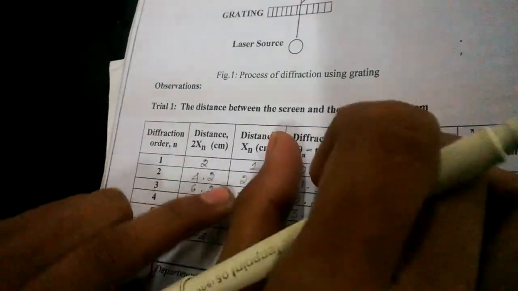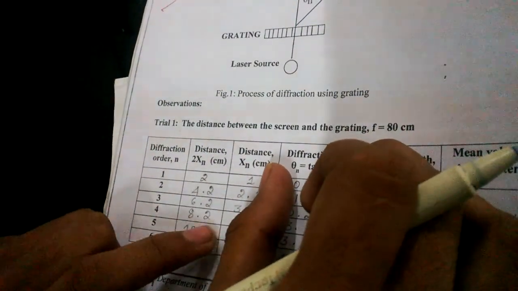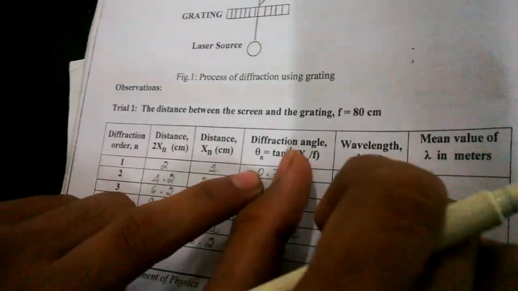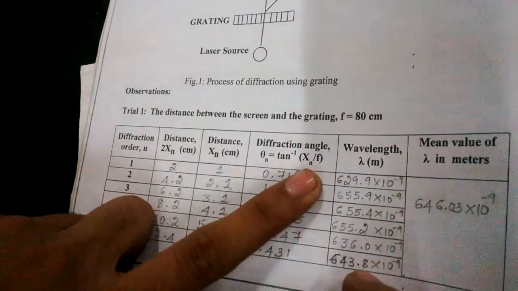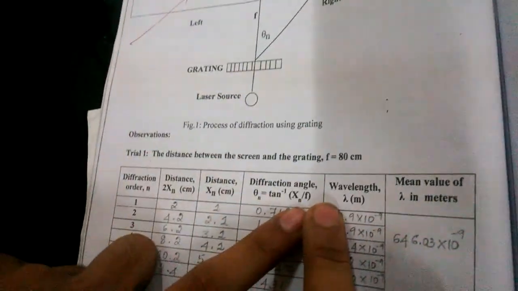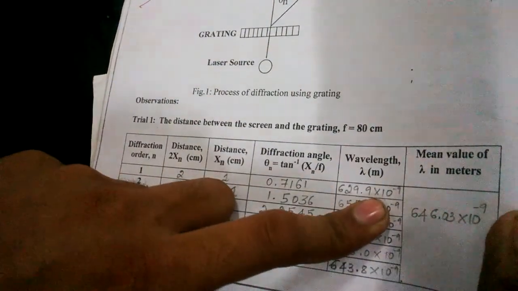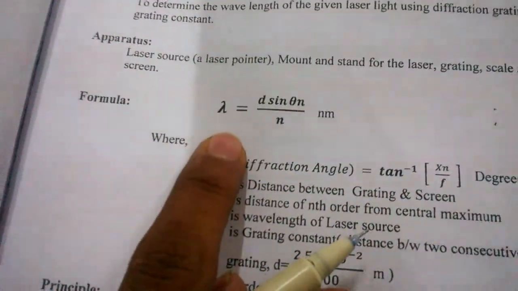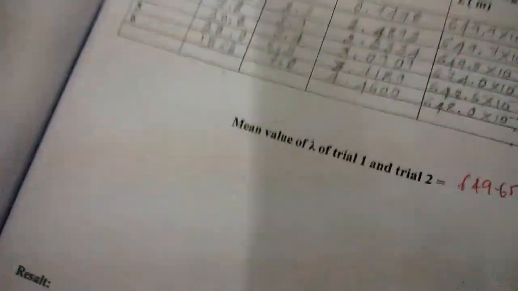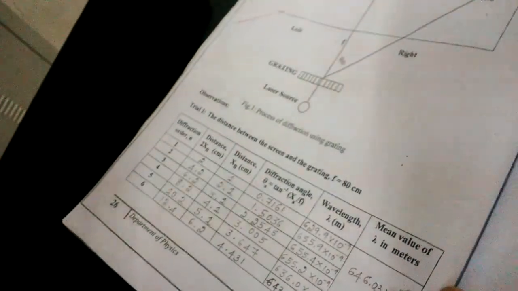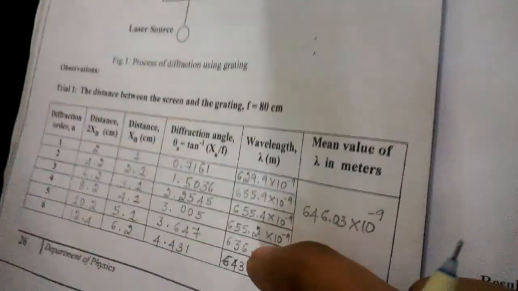Now here in the procedure, as you can see, you can find out the 2xn values. After that, dividing by 2 you can find xn. After finding xn, you can find theta n. Theta n is nothing but tan inverse of xn divided by f. Here f is nothing but the distance, which is 80 centimeters as we have taken it. After finding it, you can find the lambda. The lambda is given by the formula d sine theta n divided by n. After finding the lambda, we can get the mean value of lambda by adding all the values and dividing by